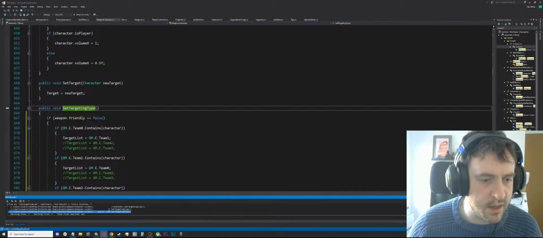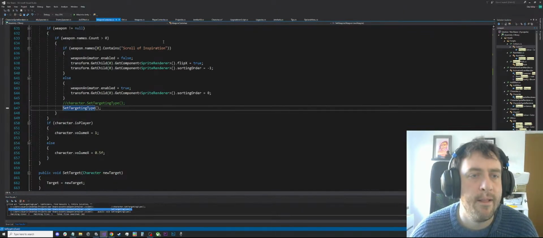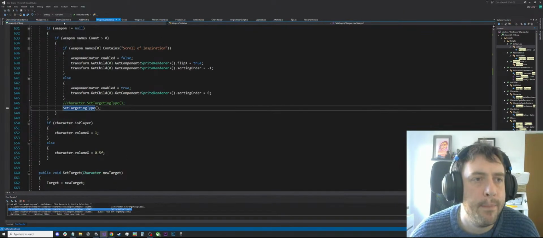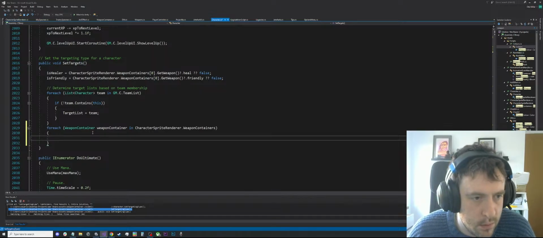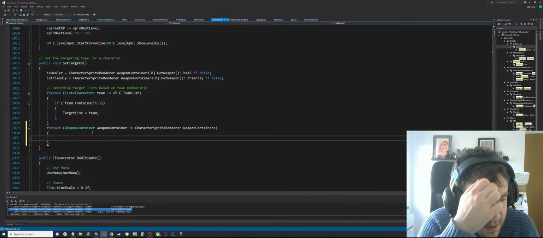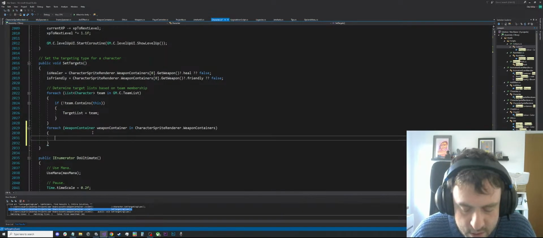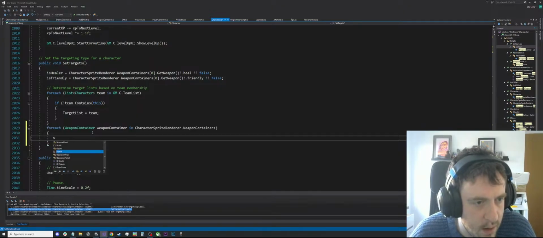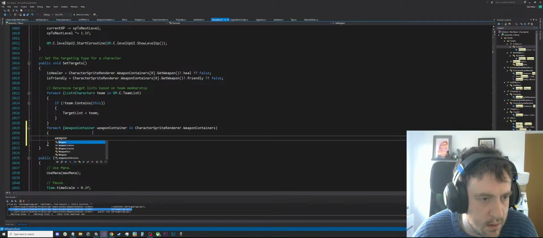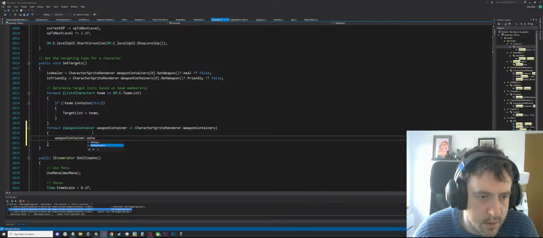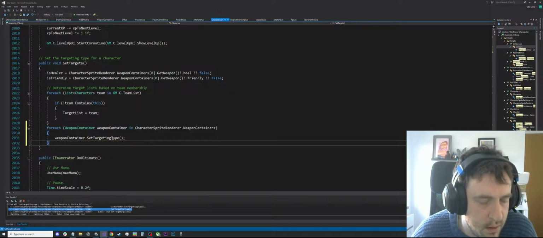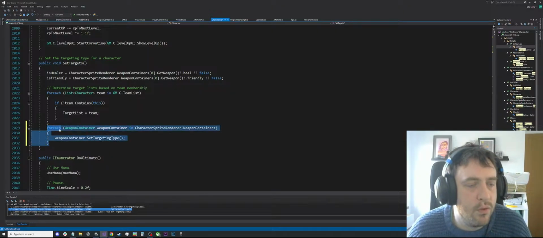Okay, so set targeting type happens when we change their weapon. We're going to need to do it whenever they spawn. Hopefully this isn't expensive, because this is going to happen fairly often. But we'll say weapon container dot set targeting type. Not a very accurate name for what it is, but it's fine. And we're going to want to do that